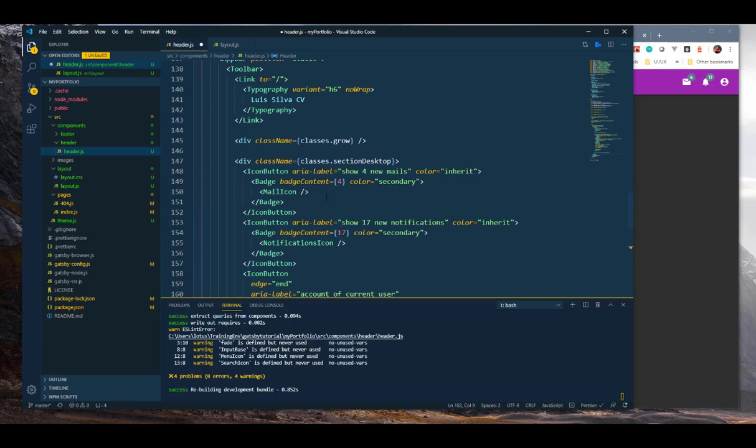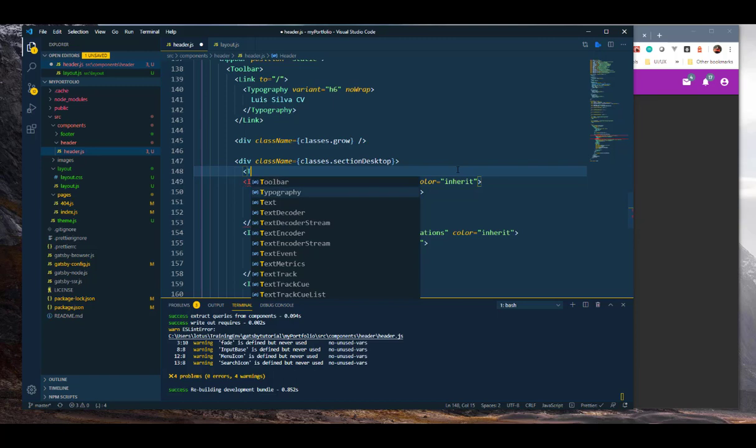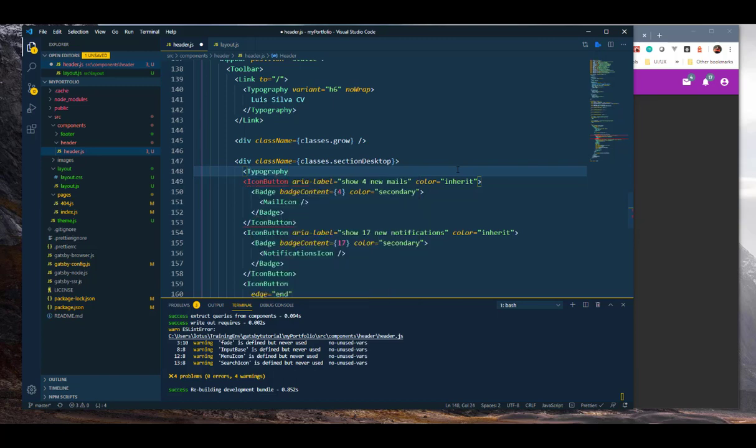So right now we have these buttons over here with these badges and whatnot. We're not going to be using that stuff. In some websites you might end up using notifications and things like that, but we're not going to use it on this one. This one is going to be a lot simpler and a lot easier. So all we're going to do is set up a regular typography to begin with. So we're gonna hit typography,